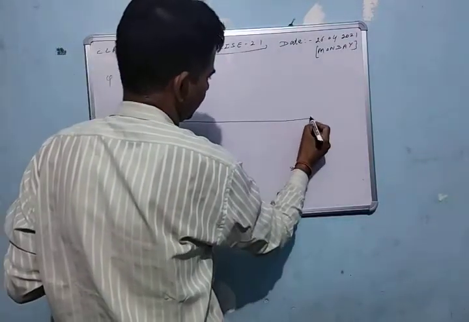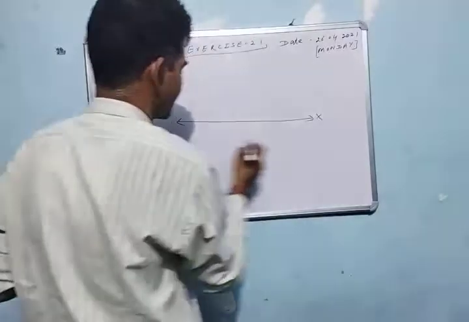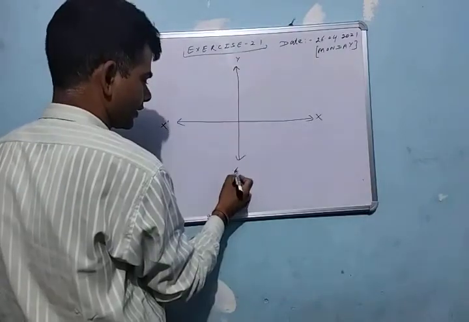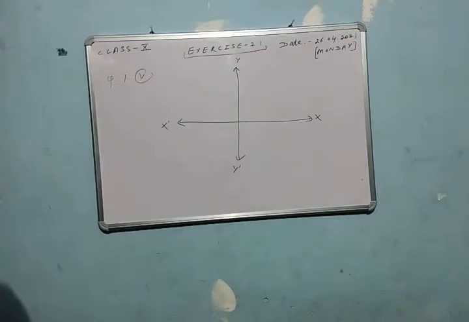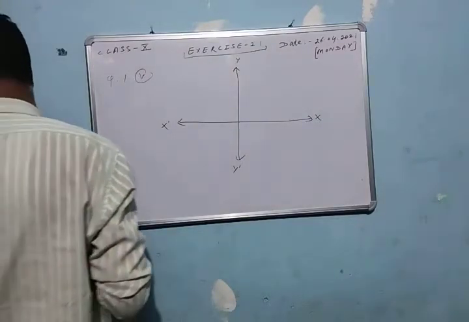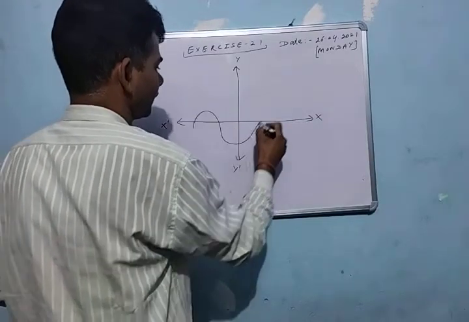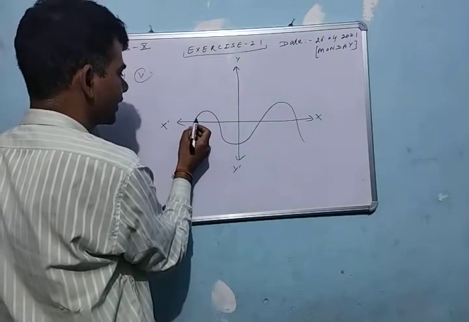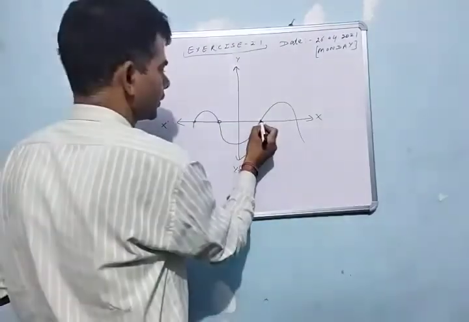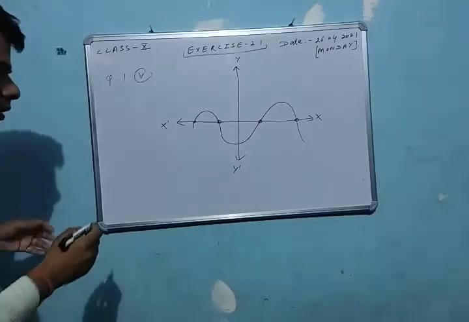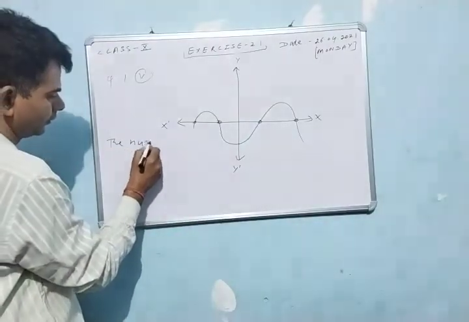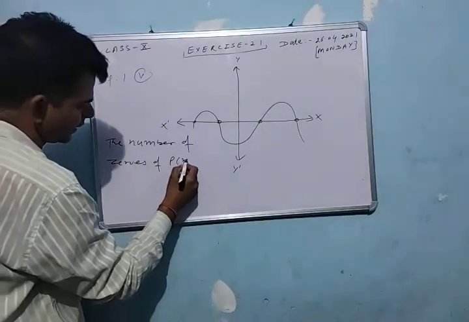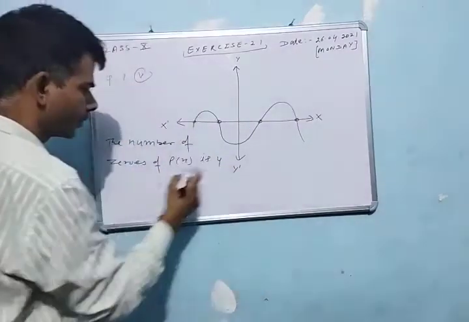Students, this is your Cartesian plane X, X dash, and Y, Y dash. Now students, in the fifth part, the graph is such that this graph intersects the x-axis at 4 points, that is 1, 2, 3 and 4. So the number of zeros of p of x is 4